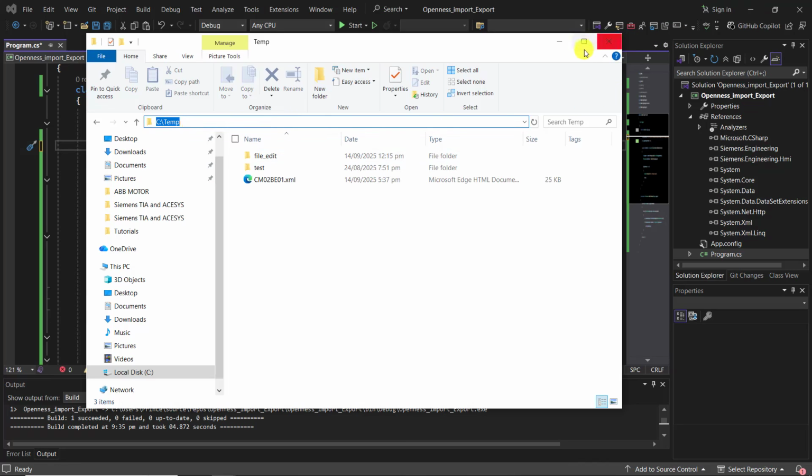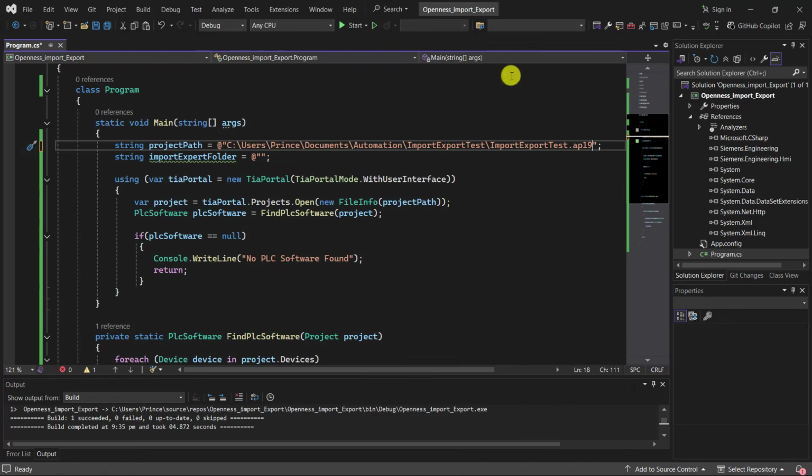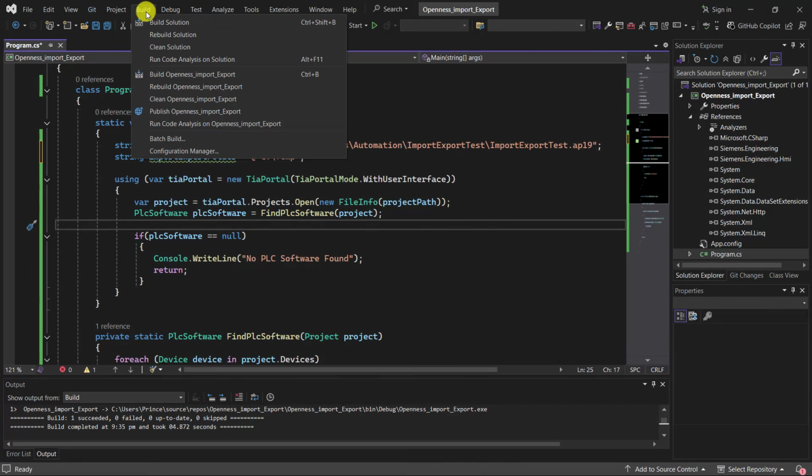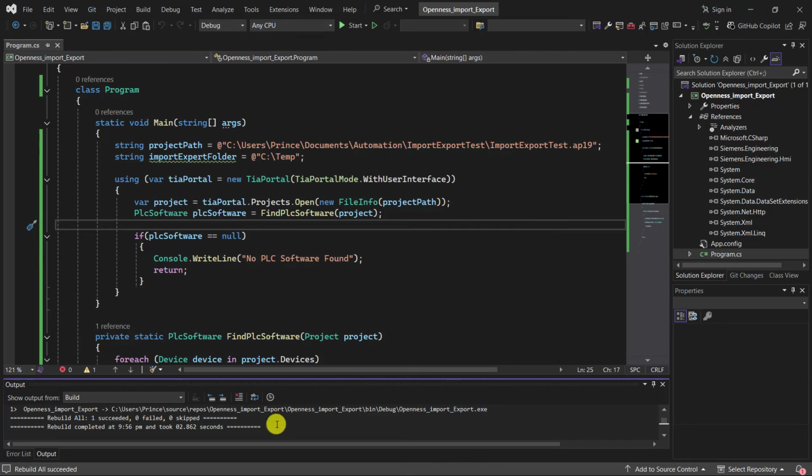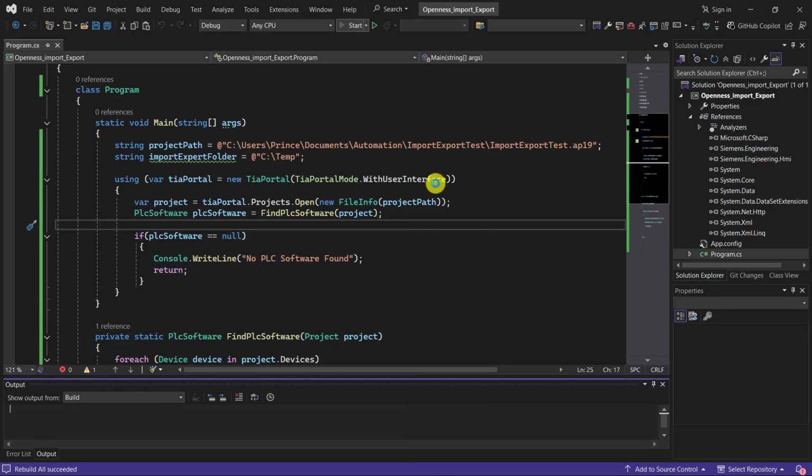I'll use the temp folder, so I copy the path and then hard code it as well to this variable, and I'll click on rebuild, and we can see there are no errors, everything is fine. And I'll click on start,